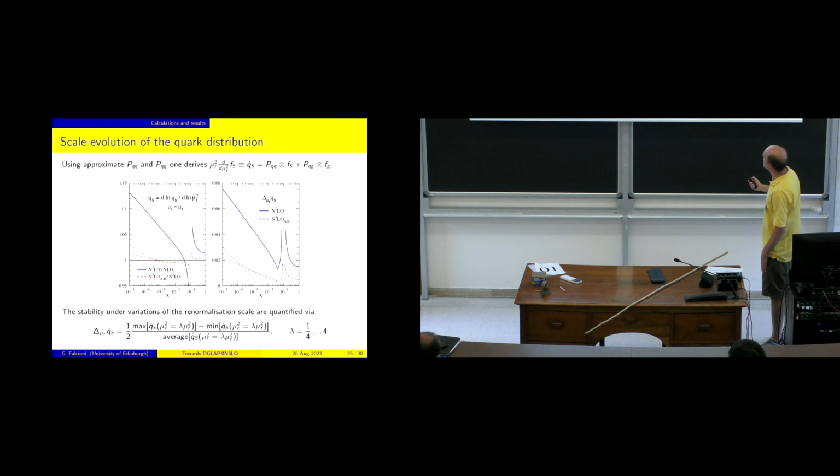And then you can assess the impact of the renormalization scale variation. So you can change the renormalization scale that here was fixed as the factorization scale, and take the maximum minus the minimum, normalize with the average. So you can see once you go to this approximate N3LO, you always stay with scale uncertainty that are below 2% up to 10 to the minus 4, and get at most to 3, while you had basically 5, 6% before.